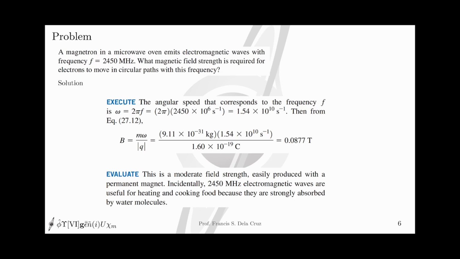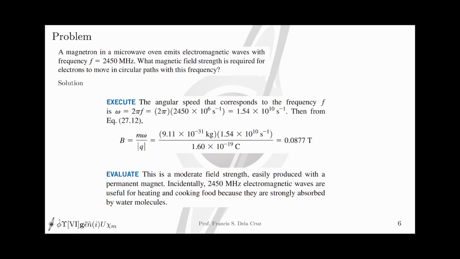So from our equation, B equals m times absolute value of q divided by the absolute value of q, substituting all the values, that is 9.11 times 10 raised to negative 31, the mass of the electron, times the angular frequency of the electrons moving in such circular paths, divided by the fundamental charge. So the magnetic field strength required for you to move the electrons in a circular path is 0.0877